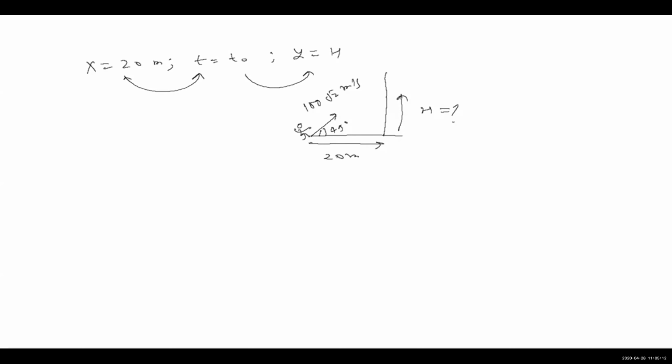First, we'll use this condition. First we need to know at what time this ball is going to collide with the wall. So we'll calculate the time when this ball will collide with the wall. When the displacement along the x-axis for this ball will be 20 meters, then this ball will collide with the wall. And at that time, whatever is the displacement along y-axis, that is going to be the height at which it will collide.